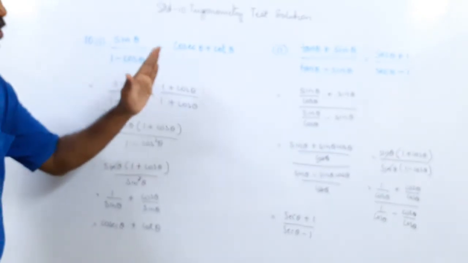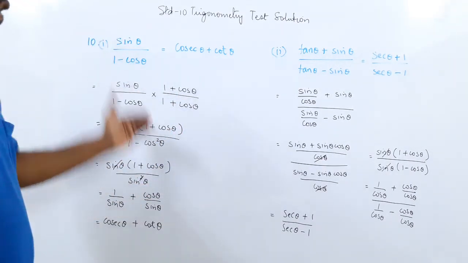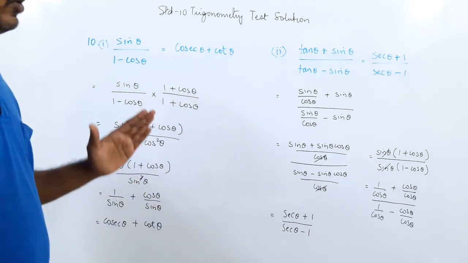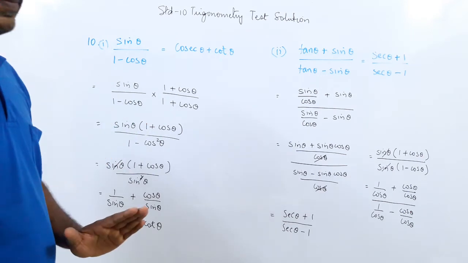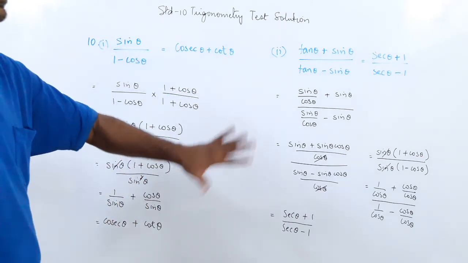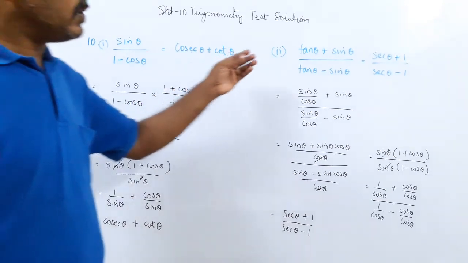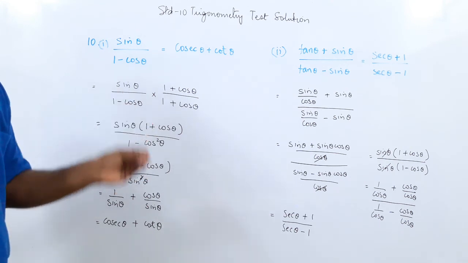So we are done with the test solution. Now we are going to have one more test on trigonometry a second time. Kindly go through these sums. Okay, you have got your test paper with you. Compare these answers with your test paper, and wherever you made small mistakes, wherever there was a typing error, you can ignore that typing error. But otherwise, where you have made small errors, kindly try to rectify the errors.